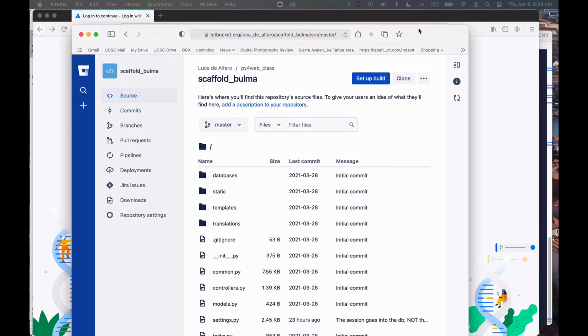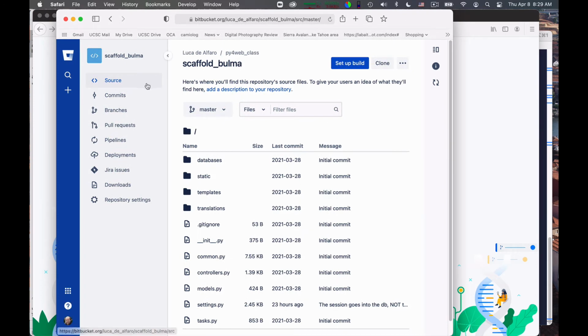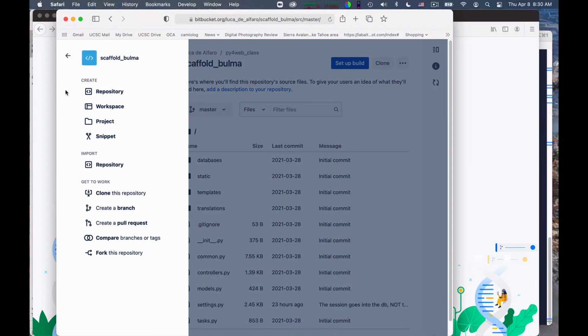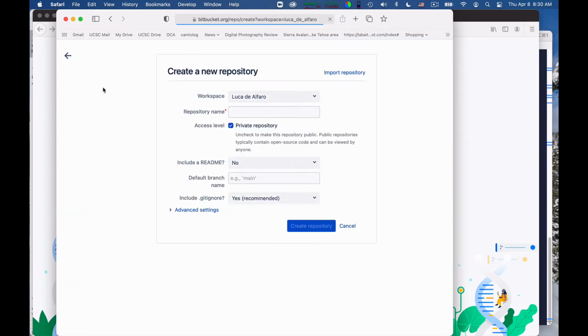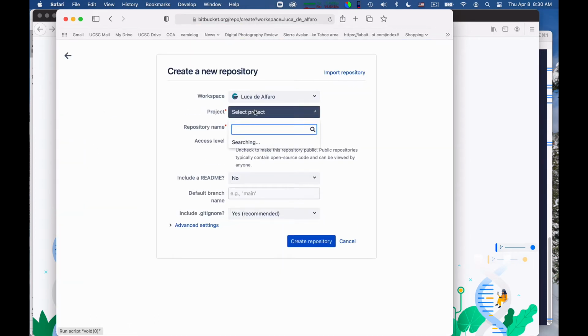And here, this is my Python web system. So I can create a new repository. Okay, and I created a repository in the project that is Python web class, where I keep all my repositories for the class. It's gonna be public, and it's gonna be example app spring 2021.